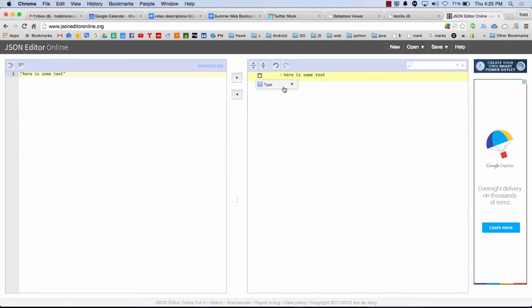I think I need to change that. String, maybe I could make it an object. Object empty. I don't know how to use this. Let me append. Okay, name, Todd. So that's kind of cool to see. I can't zoom today because my mouse isn't working. That's kind of cool to see, like, oh, that's what the JSON looked like. Curly braces and the name Todd. What if I had another name here?